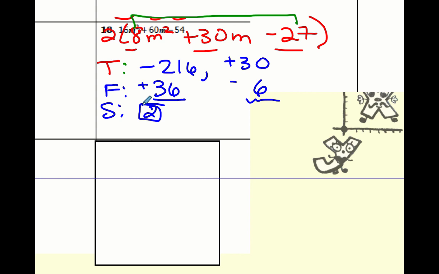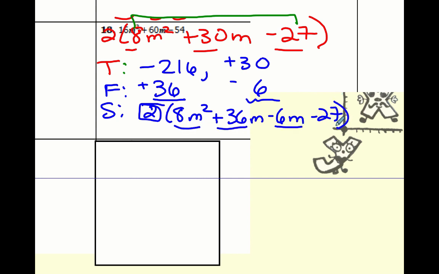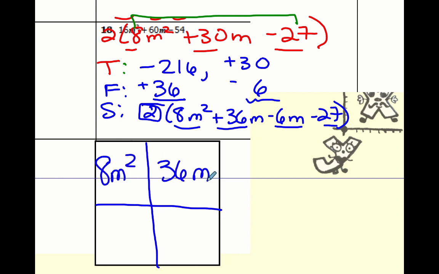So I'm going to put a box around it. And I know I have 2 times 8m squared plus 36m minus 6m minus 27. And remember, each of those four terms is going to go in my box. So I have 8m squared, 36m,